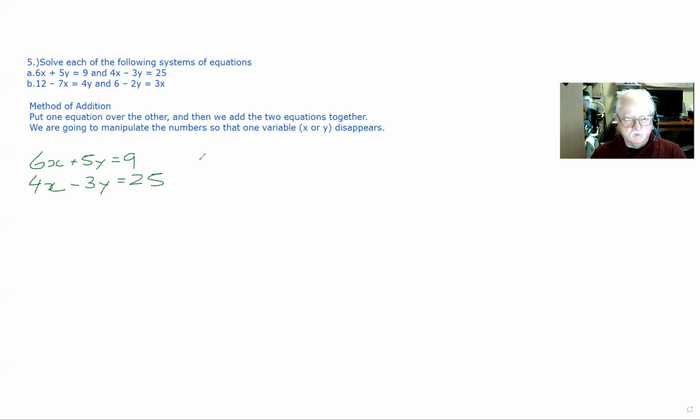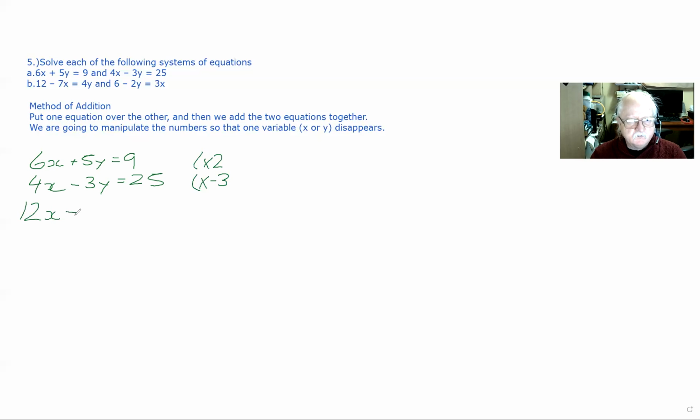So we want to multiply the 6 by 2, and we've got to multiply the 4 by 3, but we want one of these to be negative, so I'll make it negative 3. So now we're going to multiply through, so we get